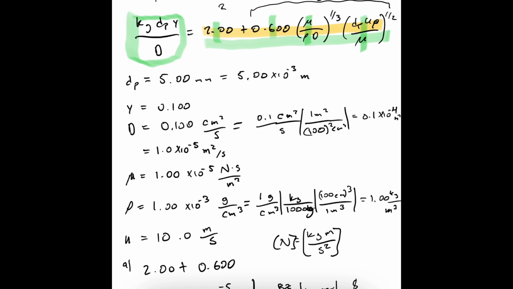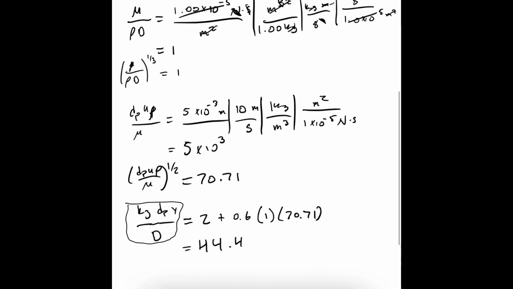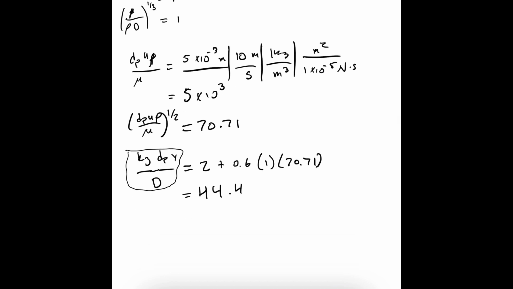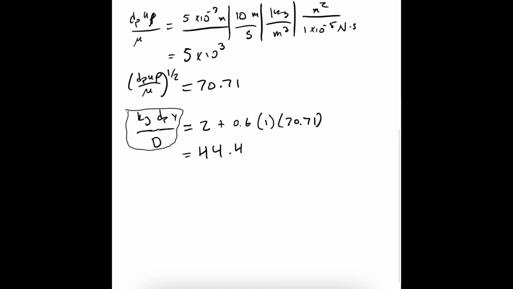So if everything on the right-hand side of the equation is dimensionless, then this group right here is also dimensionless. We know that there are no units here. It's easier for us to calculate what